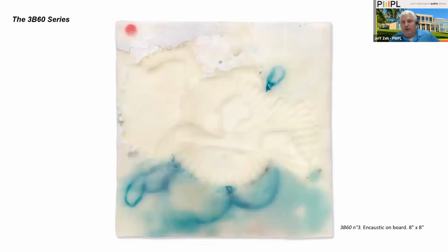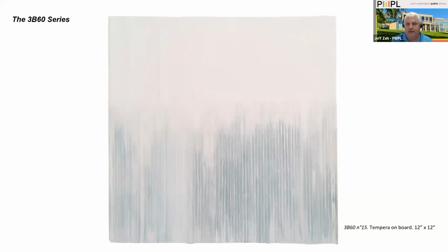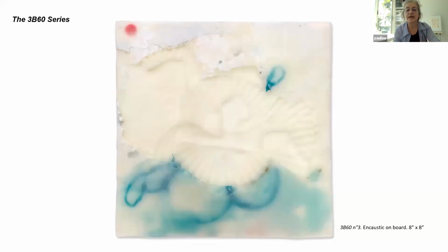So can you explain what encaustic is? So encaustic is a wax, basically. It's beeswax that you melt and you mix with pigments, and you apply hot on a surface. And then you cool it down and you add more things. You can do imprints and so on. So it sounds like this is another medium that it's only in the applying of it that it turns into something else. Right, right. And then go back to the previous slide, then you see this kind of fan shape